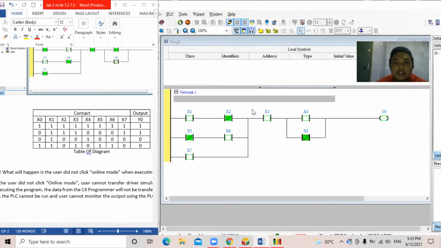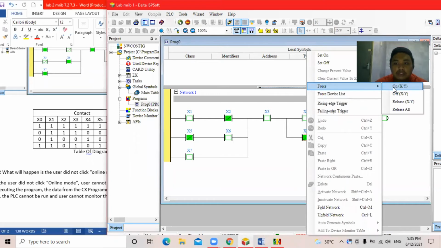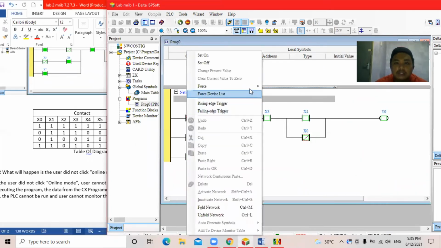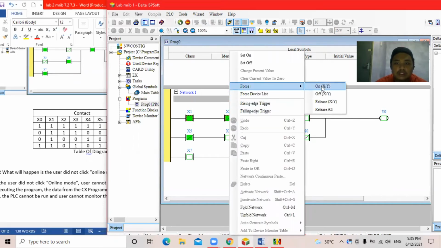I will simulate the diagram by using this table. We simulate to make the out on. First we try x0. 1 is referred to on, 0 is referred to off. So x0 we force on, x1 we force on, x2 we force on,